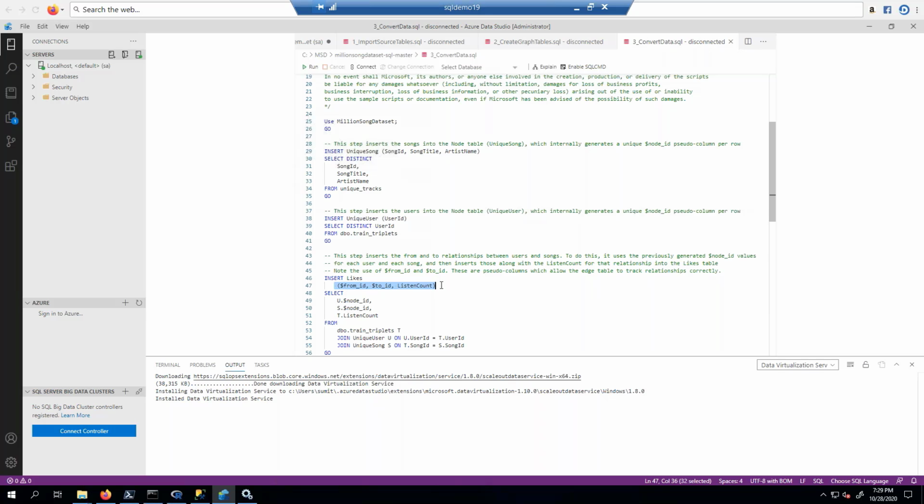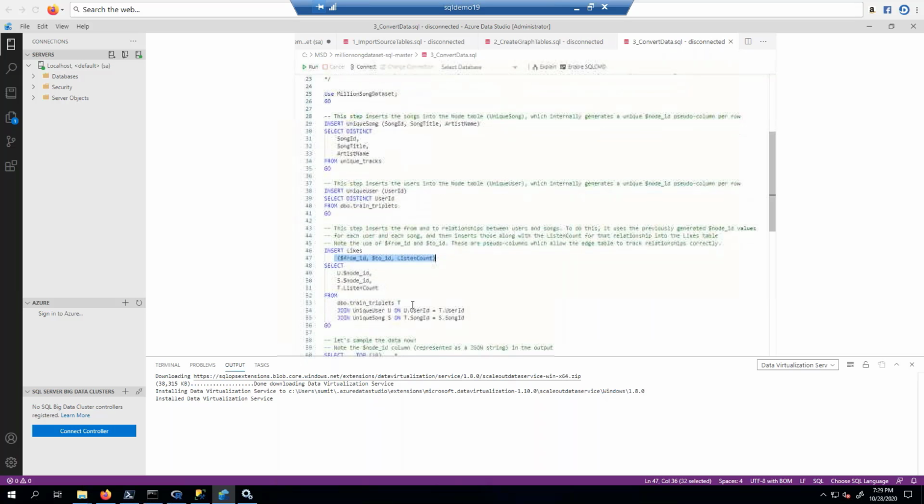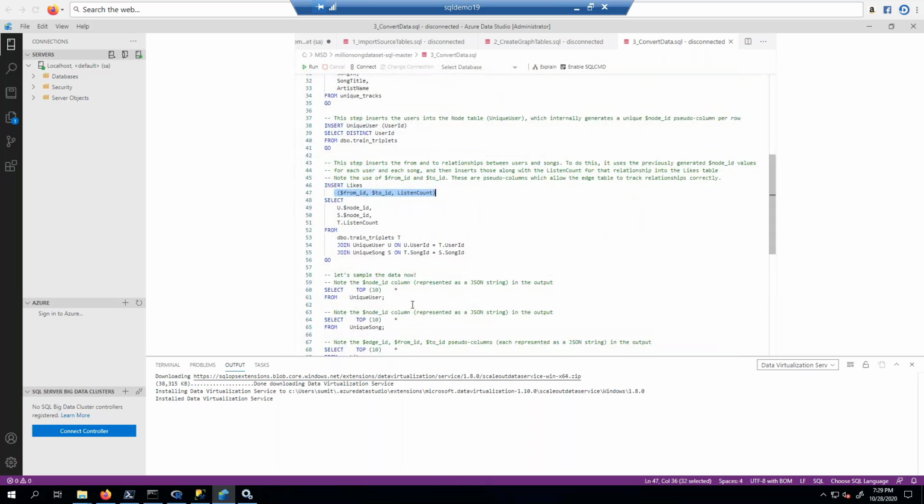So this is, again, think of the node and edge, right? Streets between point A and point B, from A to B, that's straight. So it's connecting this node to that node, and the listen count is a property of that. So these are properties that come from the node tables itself.